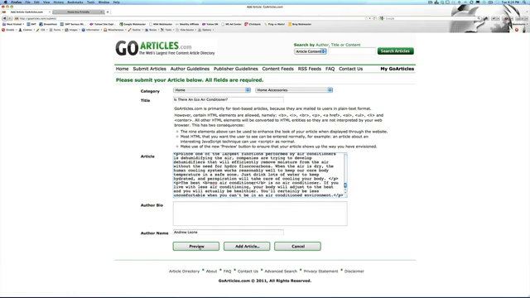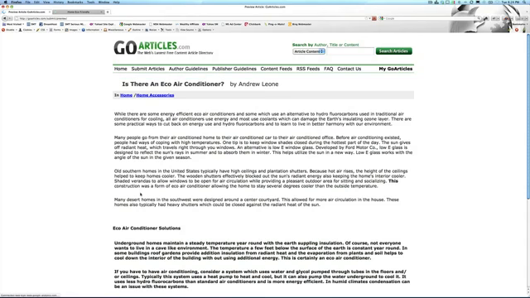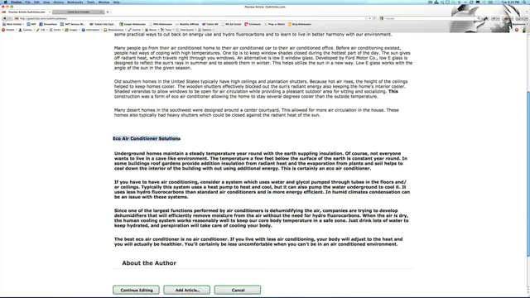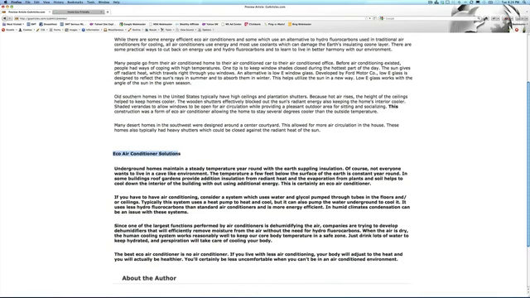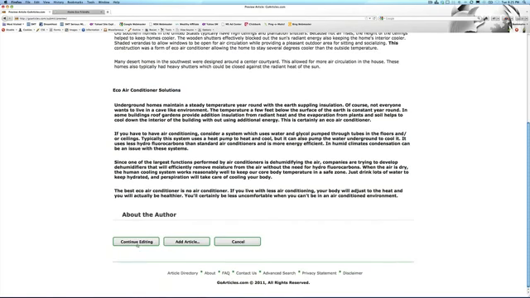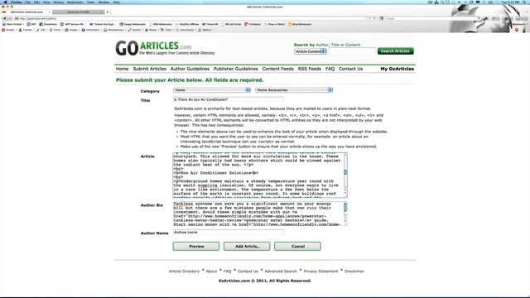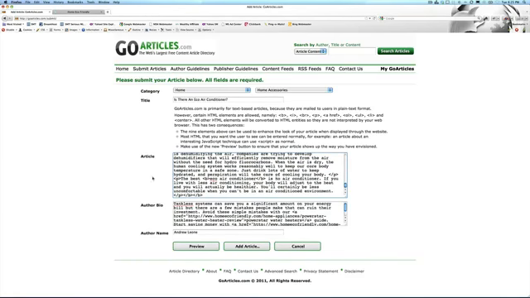So let's see what the article looks like. Okay, now this is what happens when you don't close bolding something. So you see the bold starts here, but all the rest of the content is still bold. So I know that it starts here. I must have not closed it right after solution. So we'll go back and try to find where we made a mistake. See how I didn't have the slash? Now if we go into it, the whole article will